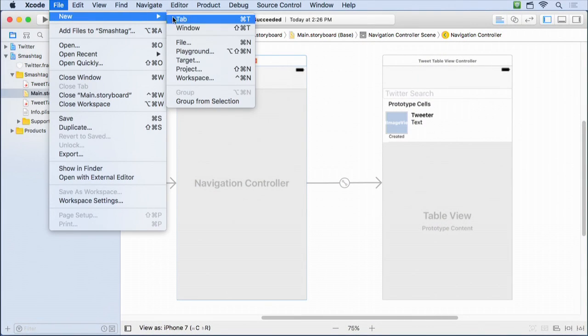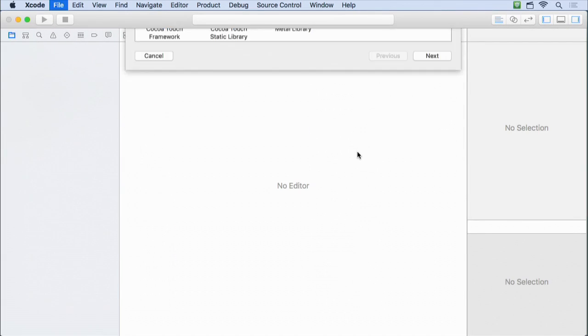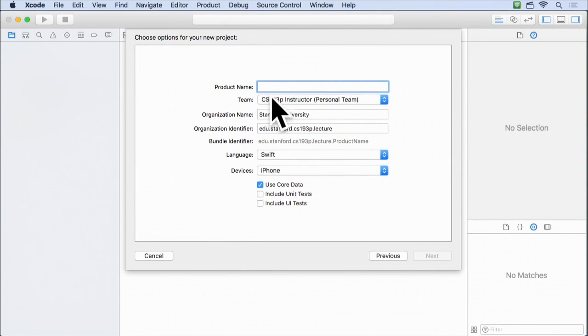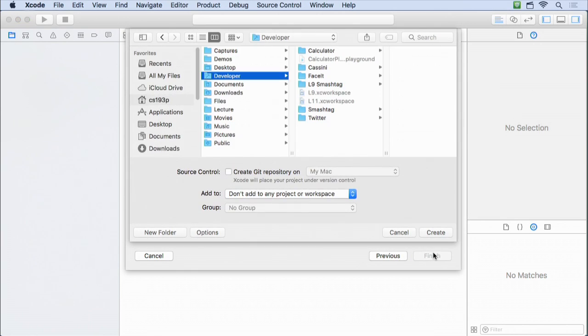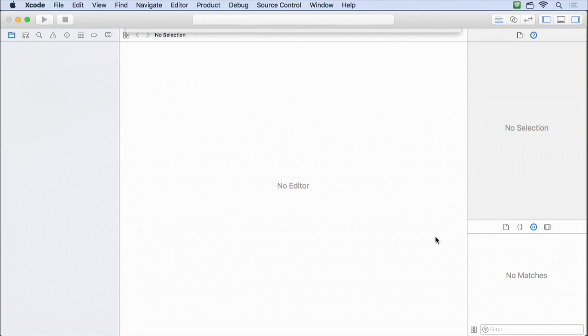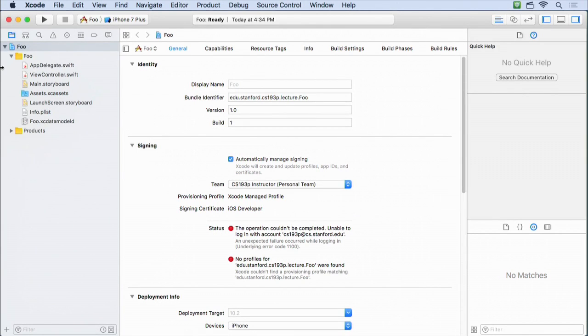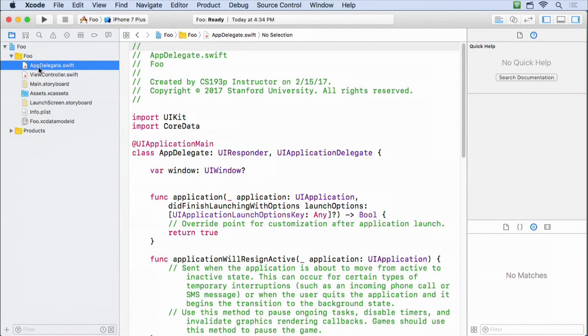Let's go to new project. So we're going to create a dummy project. You can call this project anything you want. I'm going to call it foo. Just make sure that use Core Data is clicked right there. All right, we can put it anywhere we want because we're just going to turn around and delete it in a moment. And you can see that it's created this dummy project, and all we're really interested in here is